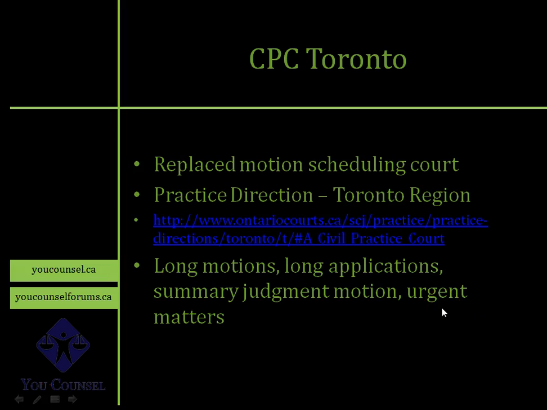Similarly, for urgent matters, if you have an urgent matter that may need the attention of the court for 15 minutes, 20 minutes, half an hour, you will still not be able to schedule it through a motion clerk, because the motion clerk, when he or she looks at the schedules, will see them booked before the judges for months and months in advance. So the clerk won't be able to squeeze you in for an urgent matter. The only person who can do that is a CPC judge. So you will have to appear before a CPC judge and explain why your matter is urgent and who needs to address that, and the judge will take care of that matter.